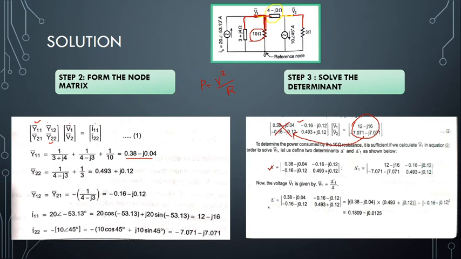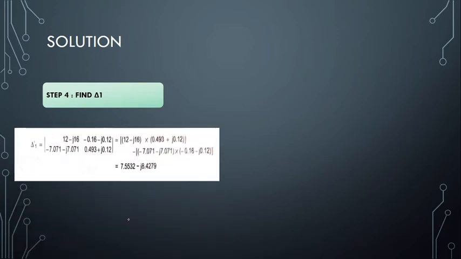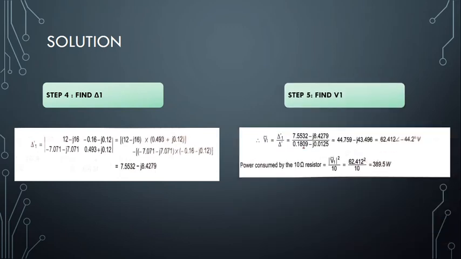Now find the determinant of del. So this is the determinant of this particular matrix. We find the determinant and get this particular answer. The next step is finding del 1. We have replaced the first column with the current source values and we get this particular determinant. Now how do we find V1? V1 is del 1 dash by del dash. So we divide the del 1 determinant value by the del determinant value and we get this to